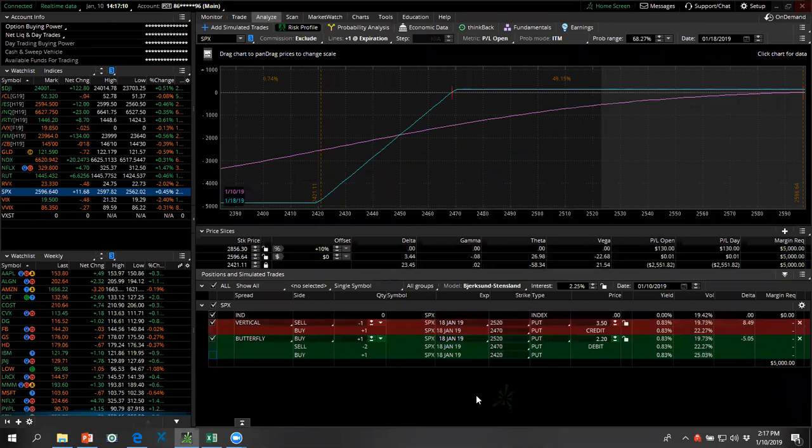So I call this a butterfly roll, and I think most people do. If you ever hear somebody talking about that, this is what they're doing by doing a butterfly roll. Or this is one thing they're doing by doing a butterfly roll. So I hope that helps explain what we're doing when we do a butterfly roll, or when we want to do